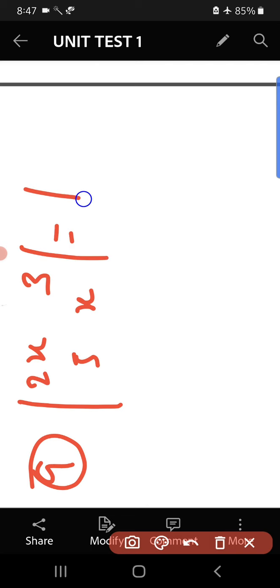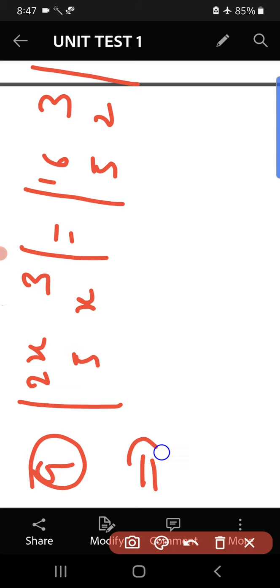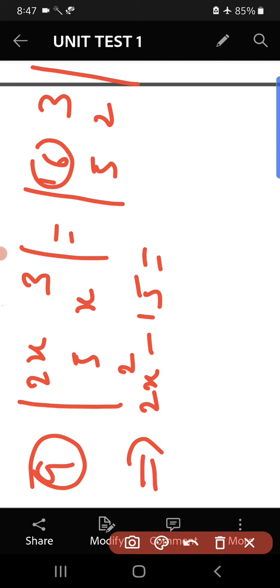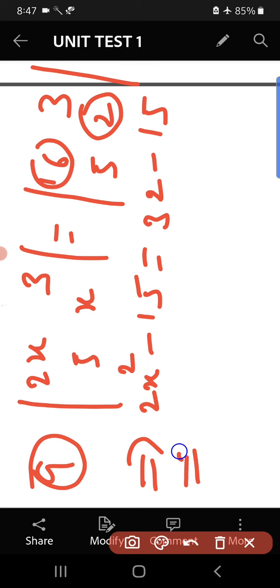So let us consider ninth. So what is given? On the left hand side, we have 2x, 3, 5x. On the right hand side, we have 16, 3, 5, 2. So this implies we can multiply this 2x into x, that is 2x square minus 15 is equal to, so we can take this product 32 minus 15. So that is 2x square minus 15 is equal to 32 minus 15, that will be what?